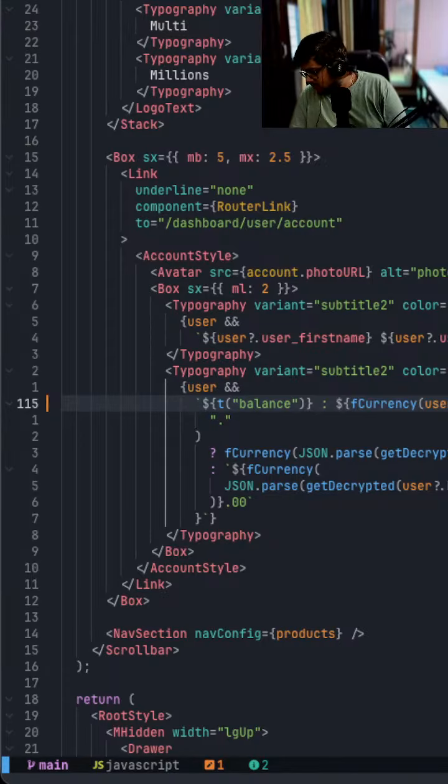This is how serverless is built. Never build anything serverless. Alright, now this is